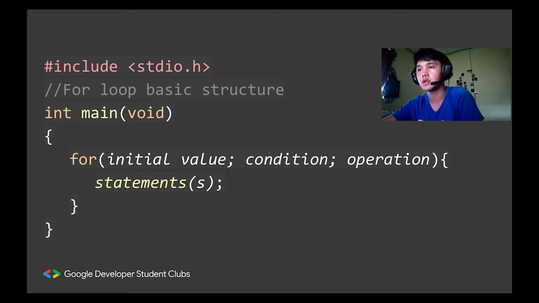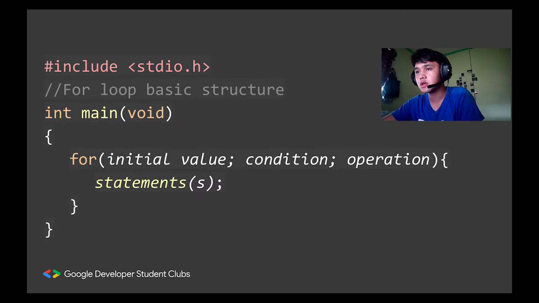Then right after ana nila, you can just add your statements or mga code nga gusto nimo ma-execute right after each successful iteration. Okay, to make sense out of this, ang initial value ang mag-determine kung asa magsugod og iterate, ang condition ang mag-determine kung mag-iterate pa ba, og ang operation ang mag-determine kung unsa ang mahitabo sa initial value